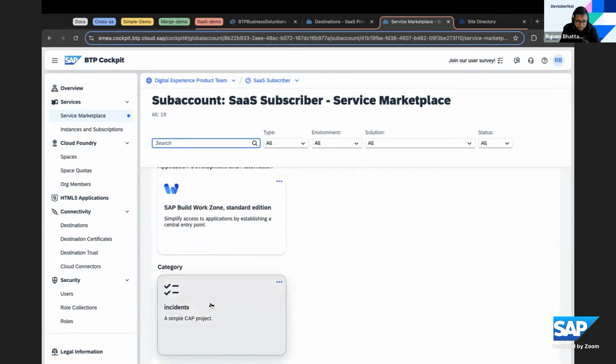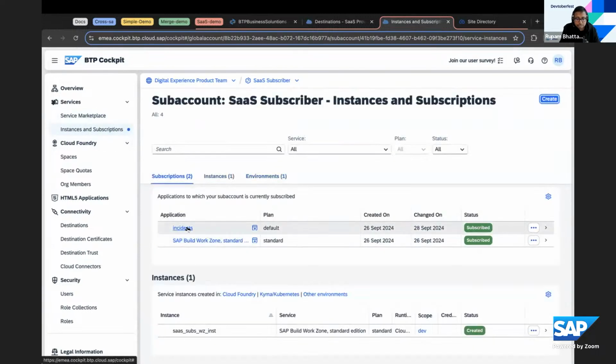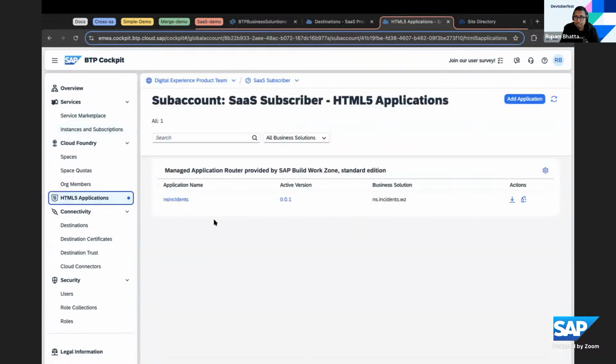Where is it? Here it is. The incident application would be subscribed to, which is already done here. You see the incident application is subscribed to, and by virtue of the subscription, obviously you can see the respective application here in the subscriber sub-account as well. And that is why